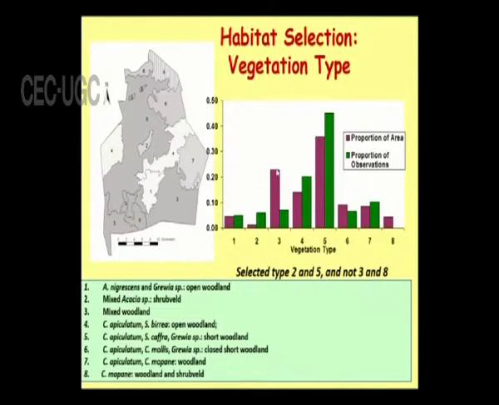In some places the area is more, the habitation is less, and in some places the area is less, the habitation is more. That means the buffaloes like these places rather than these places. Here the area is more, but there is no buffalo, and here even though the area is less, the buffaloes are more habituating, and therefore by drawing such graphs we can understand the behavior of that buffalo.